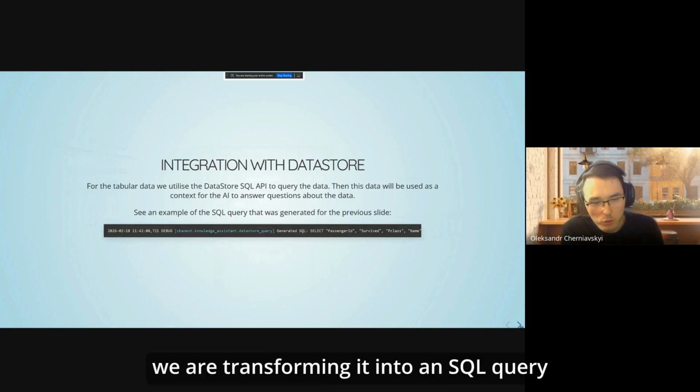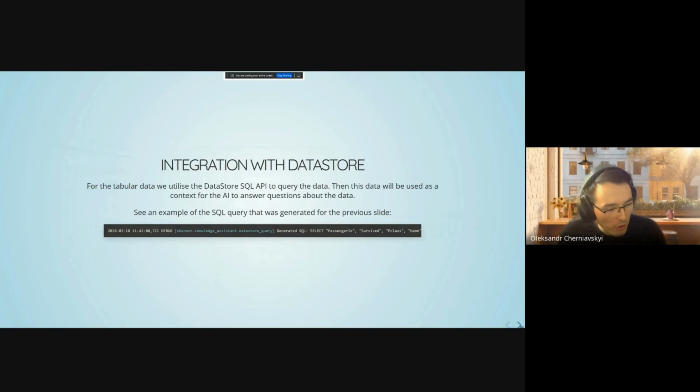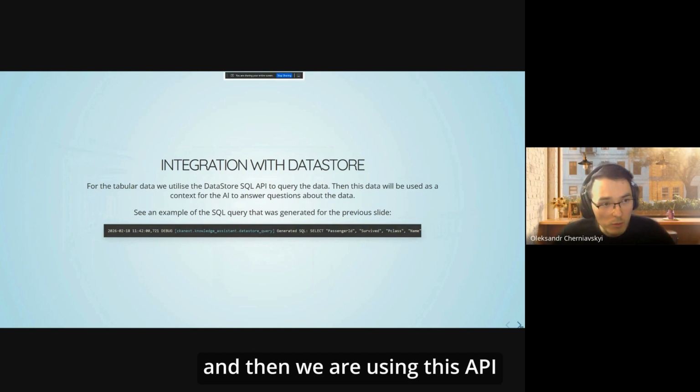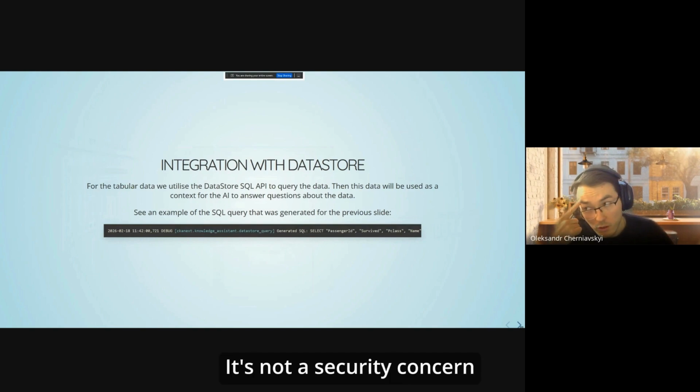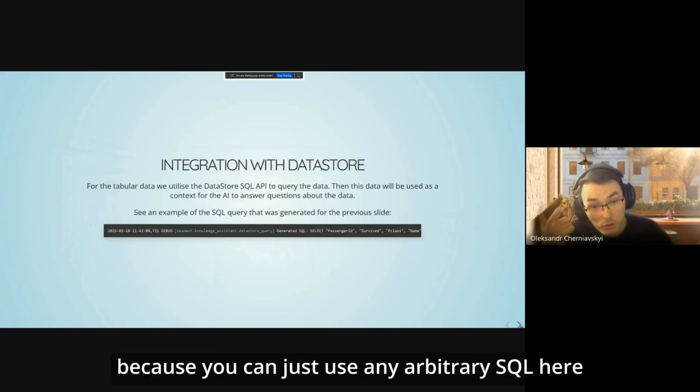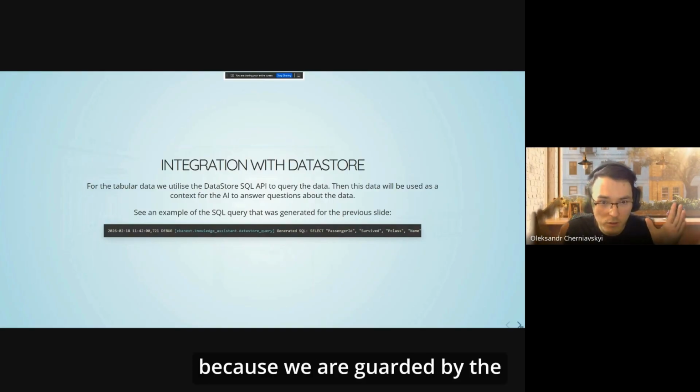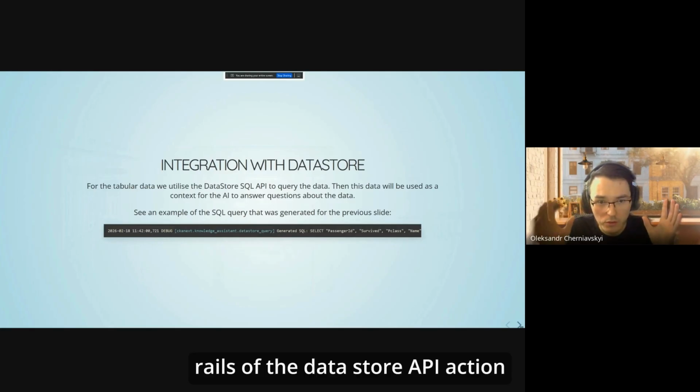We are transforming it into an SQL query, and then we are using this API. It's not a security concern that you can use any arbitrary SQL here, because we are guarded by the rails of the DataStore API action.